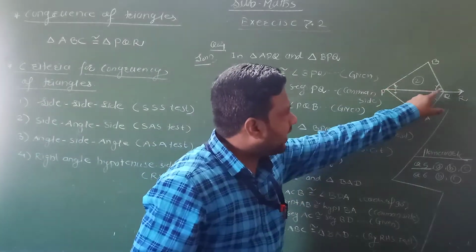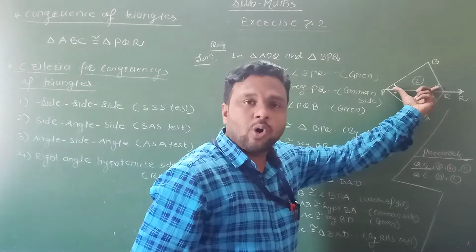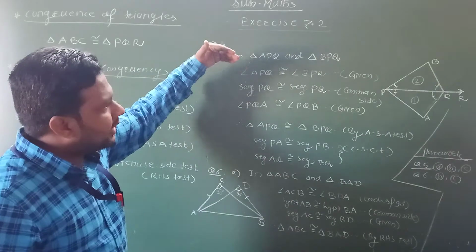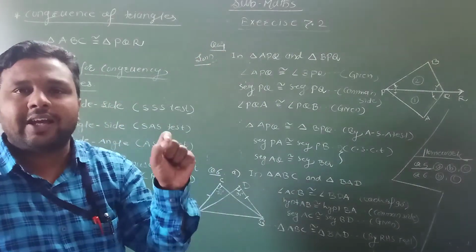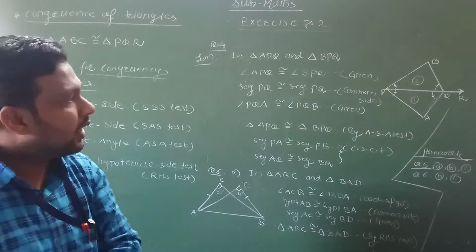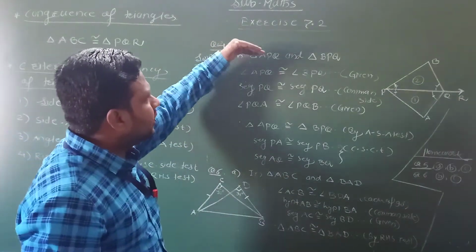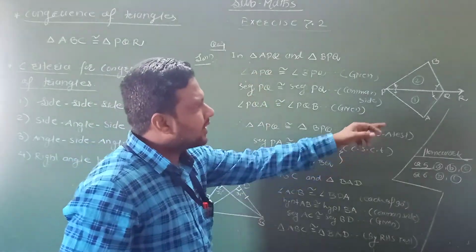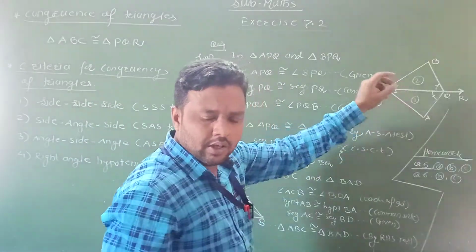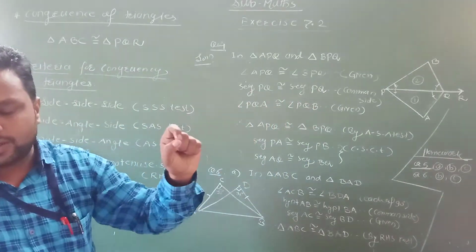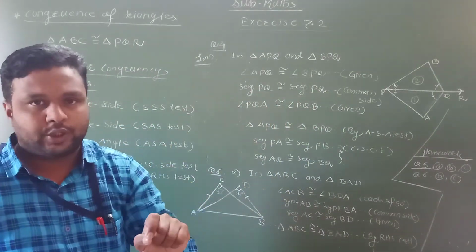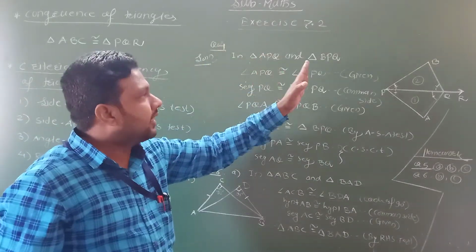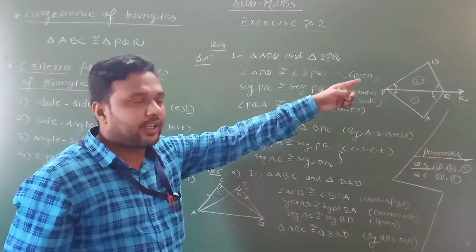From the figure we understand these two triangles are congruent by angle-side-angle. See, two pairs of corresponding angles and the side between these two congruent angles are given equal, or this is the common side. Therefore, we can write these two triangles are congruent by the angle-side-angle test. First, we write these two triangles with the right correspondence. We can write the first triangle as we wish, but in the question it is mentioned to write the equal parts of triangle APQ and BPQ. So first we write triangle APQ, then we write the right correspondence of APQ on the second triangle.